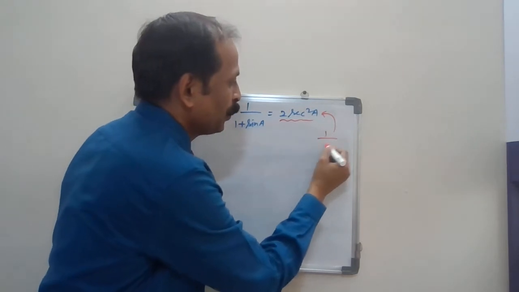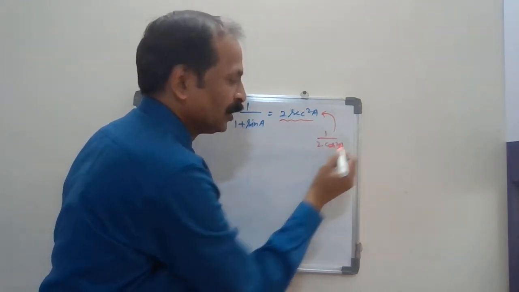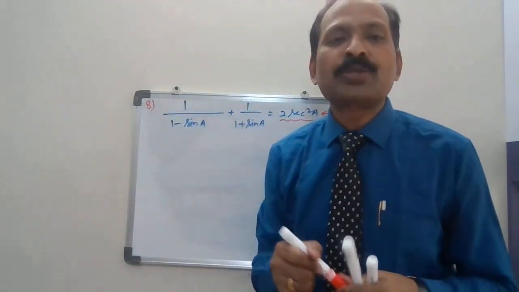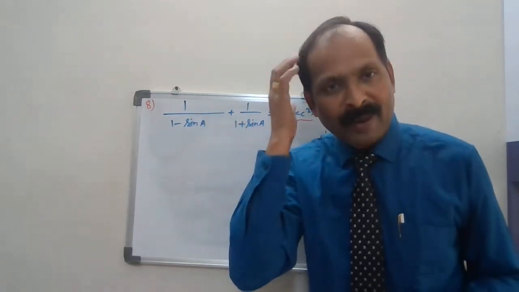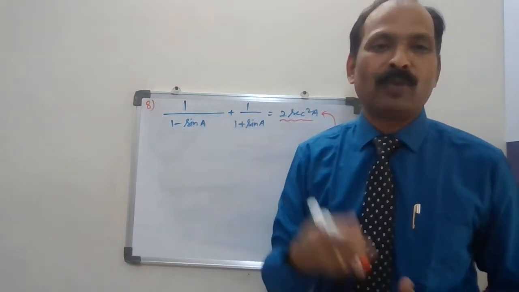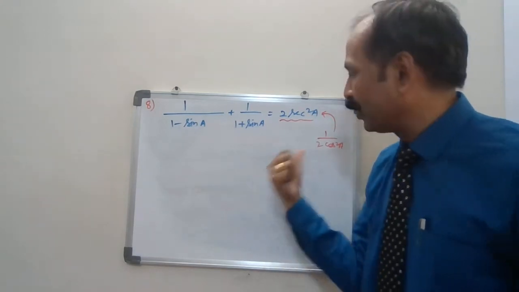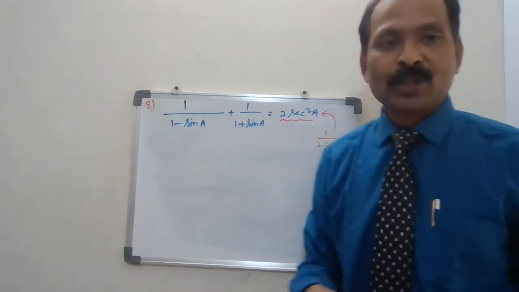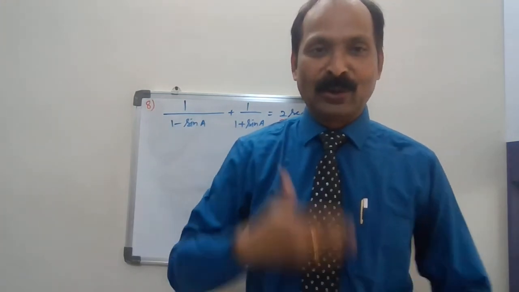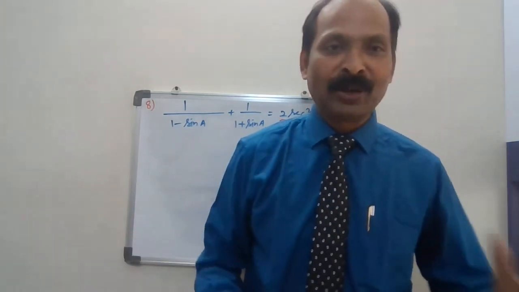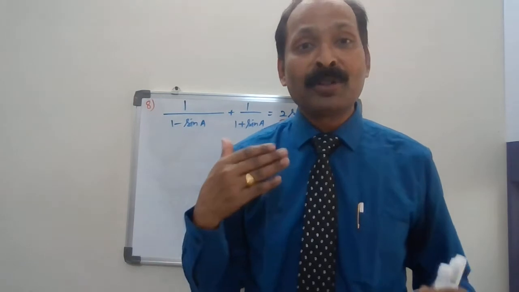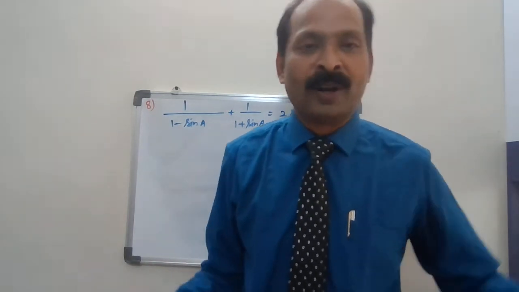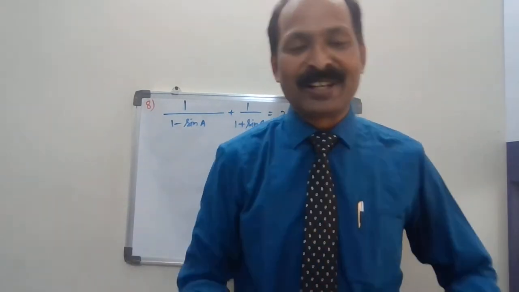It is actually 1 upon 2 cos square. So you can work accordingly. There is no need to solve the right hand side, but you can think in your mind: what is my achievement, what is my destination, what is my goal, where I have to reach. Then you plan your route. If you have to go to some place, you plan your route, which is the shortest way. Sometimes on the shortest way you can find signals and all. So it's better to go by local train.